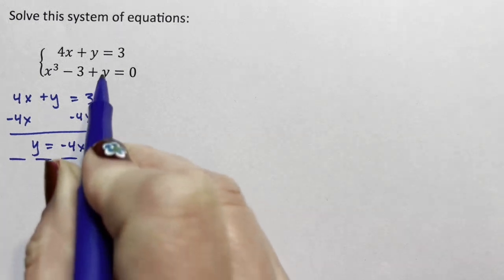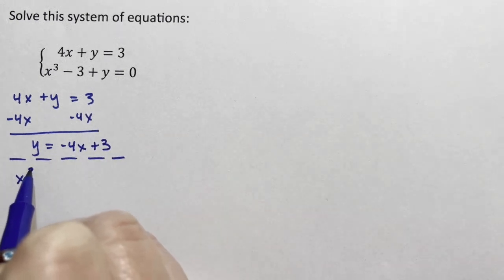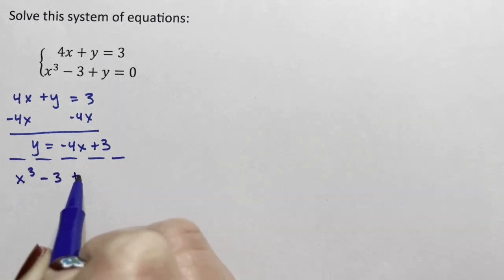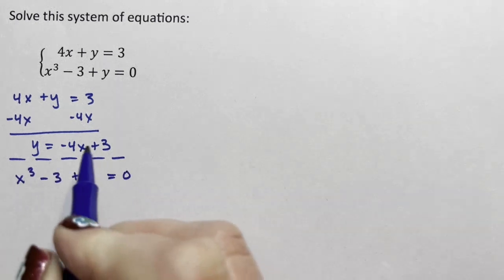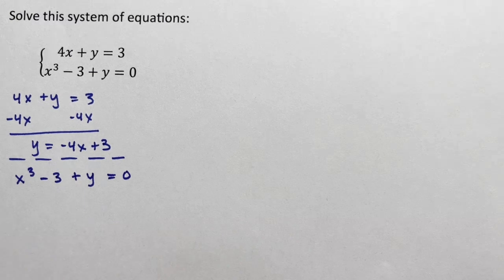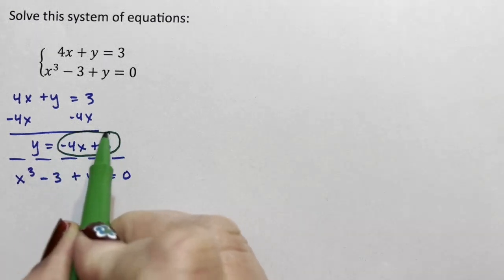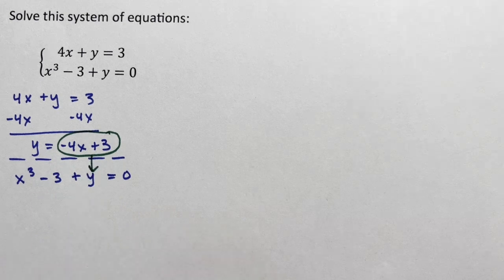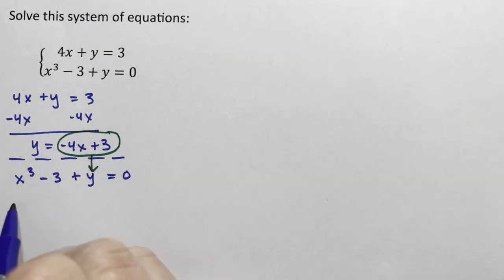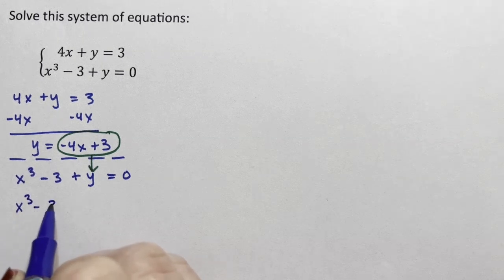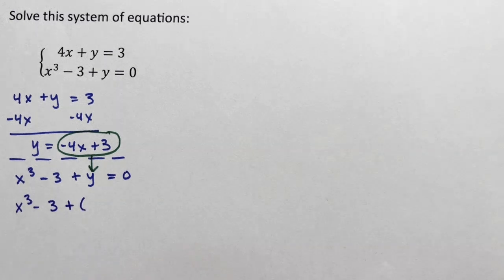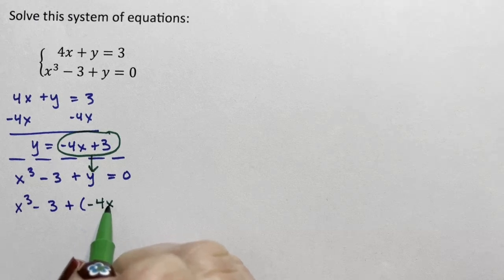Okay, now I'm going to take my second equation, x cubed minus 3 plus y equaling 0, and take what y equals and substitute it in for y in this second equation. So I'm going to have x cubed minus 3 plus, and instead of y, I'm going to use the y of the first equation, negative 4x plus 3,